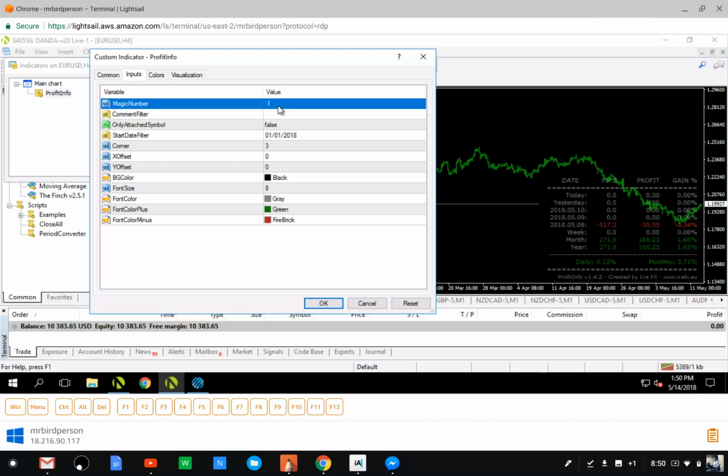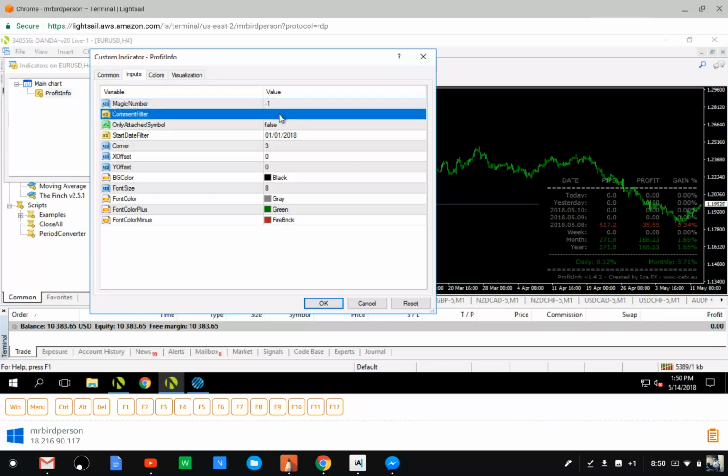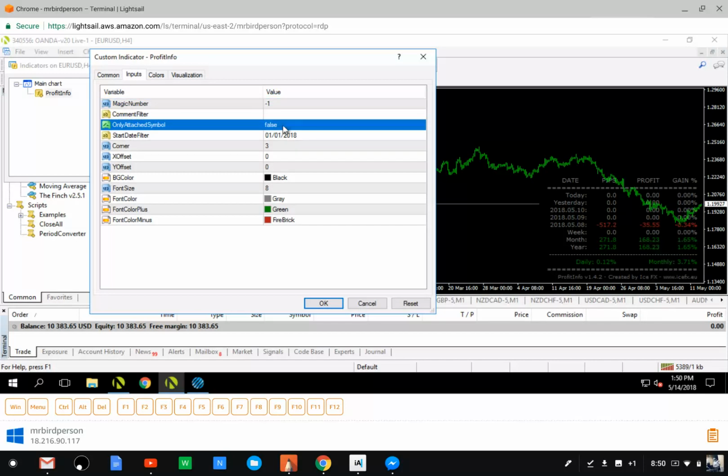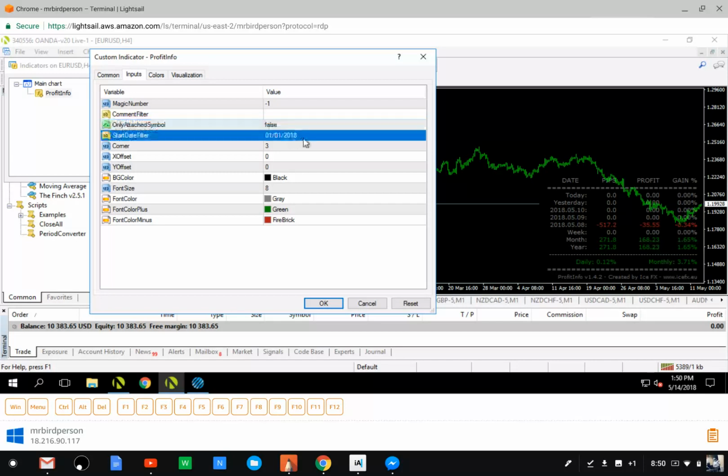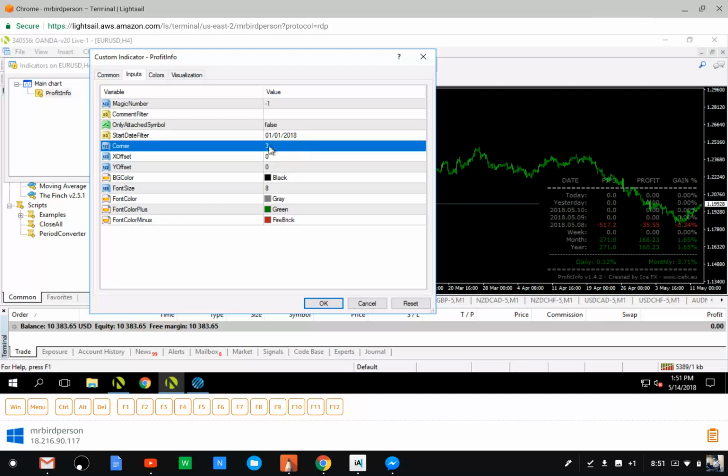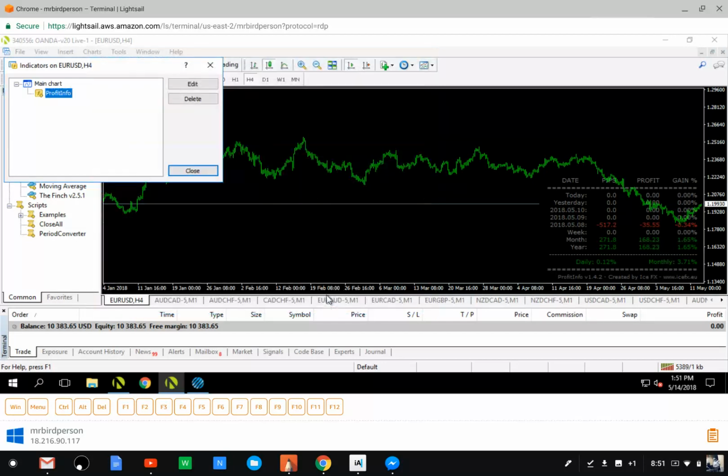So magic number is -1. That's irrelevant. I did not change that. Comment filter, did not change that. Only attached symbol is set to false. That means it can aggregate and calculate the profit across all the currency pairs being traded in this account. Start date filter is 1/1/2018. So I want to just see the profit I've made for the month or for the year. This is the corner or the area of the chart that it sets inside of, and I click OK